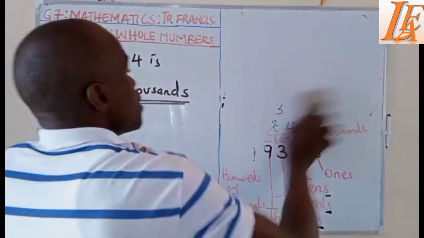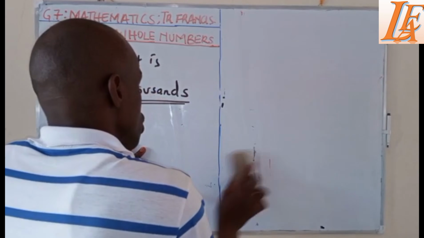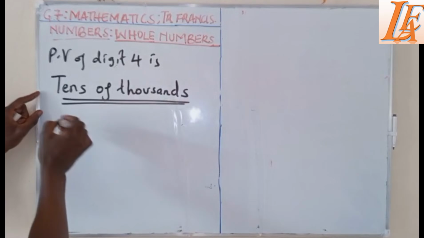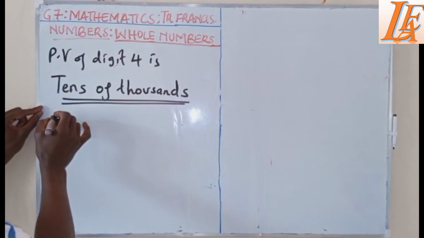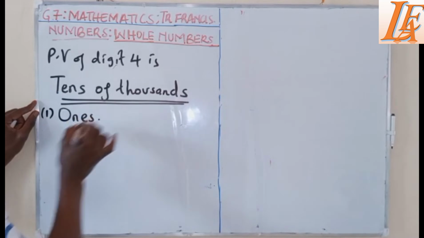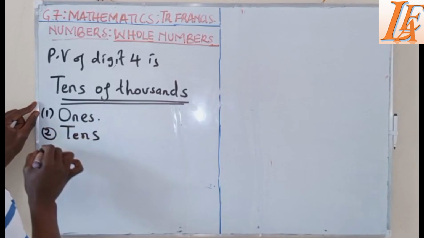Having known the first place value for whole numbers is ones, as you were taught in grade 6, now let us list the various place values. The first one for whole numbers is ones. Then we come to tens,